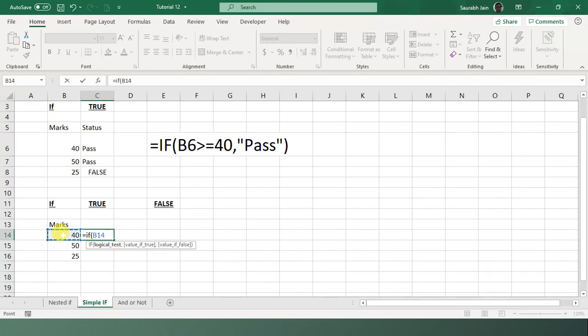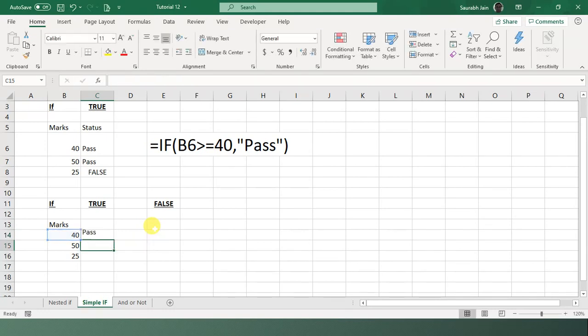Now I say if it is greater than or equal to 40, comma. Now the true part: I am writing pass, comma, and now in the false part I have to write fail, so inverted commas again, fail. Simple. So now you can see how it's working. Control C.